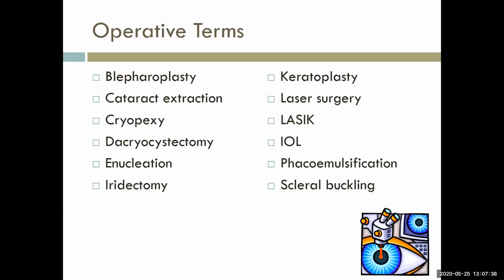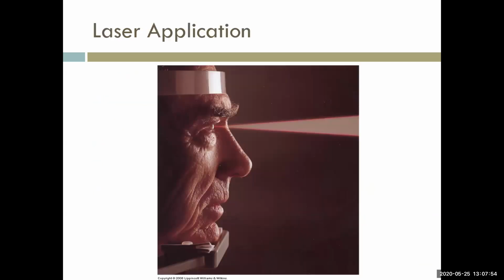Scleral buckling is surgery to treat retinal detachment, and they'll put a band of silicone around the sclera to cinch it toward the middle of the eye and relieve the pull on the retina. It's often seen or done with retinal tears. Here's a picture of a laser